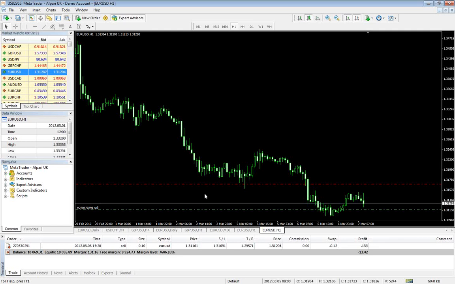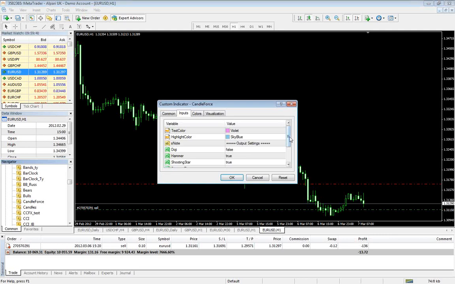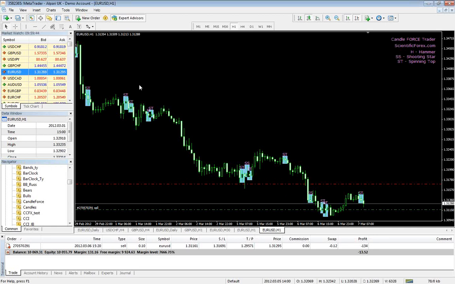Okay, so here is a typical chart. Let's start with Candle Force. I guess it's an easier one. Candle Force is the one which shows you the candle patterns. As soon as you click OK, you will have all of the patterns on your chart. If you want to customize them and check different patterns or only a few of them to use, just right